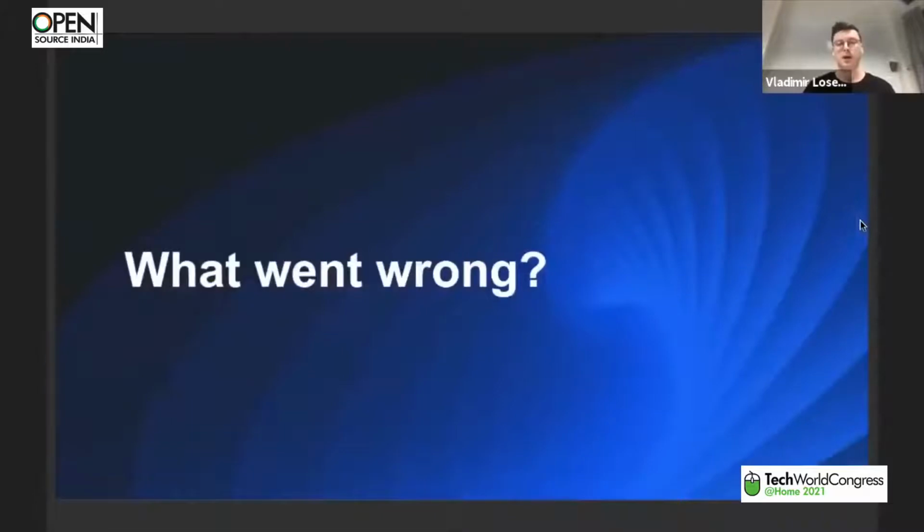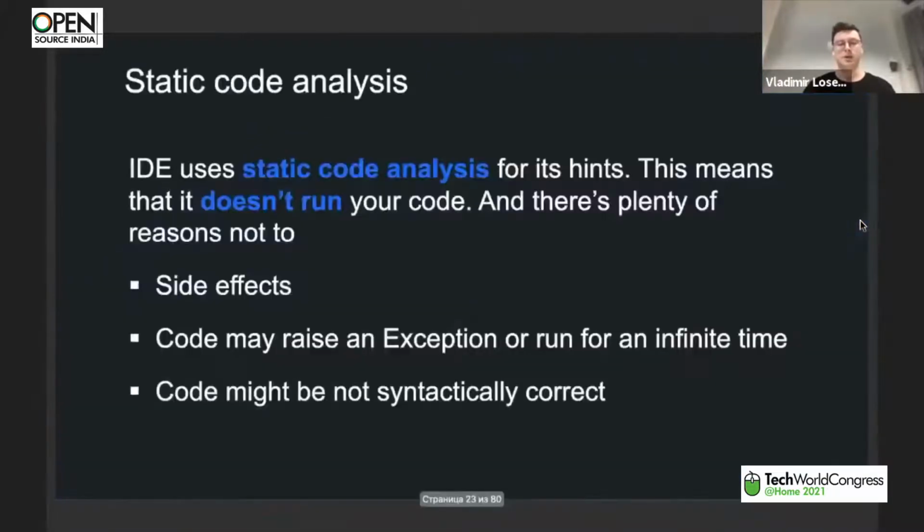But why could our IDE not pick that information up? Well, the reason is exactly what I said. The information about the original signature is stored in an attribute and is available at runtime. But the IDE does not run our code and does not have access to runtime objects. IDEs use static code analysis, and